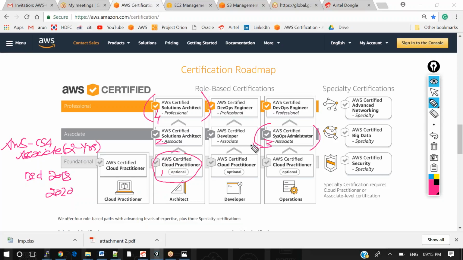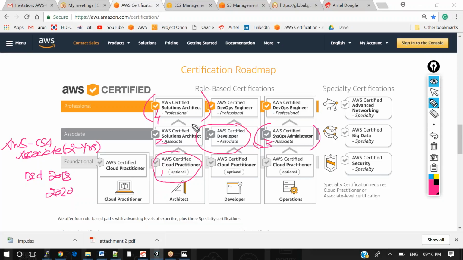If you are from a development background and want to learn all the development services in AWS, then you can go for the AWS Developer Associate. So for each different service, we have certifications.